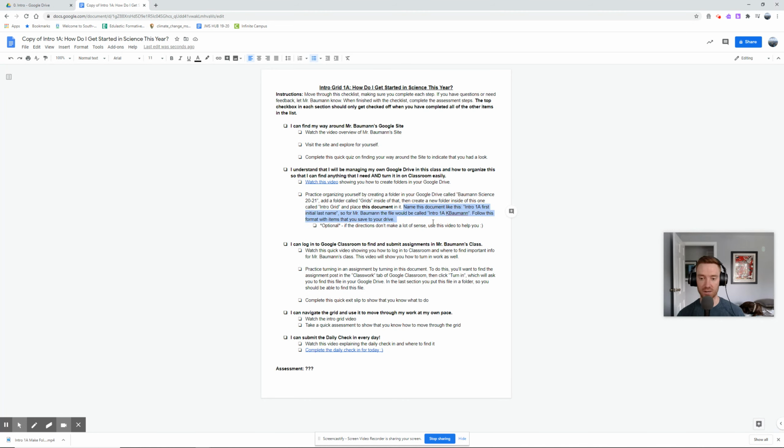So we want to name this document following this convention. We're going to put the name of the grid, intro. We're going to put the box that we're in, 1A, and then we're going to put our first initial and last name. So for me, Mr. Bauman, my file would be called intro 1A K Bauman. Okay. So we're going to follow this format for anything like this that we're going to be saving in our